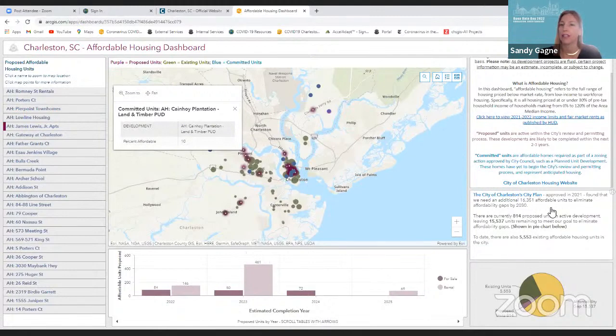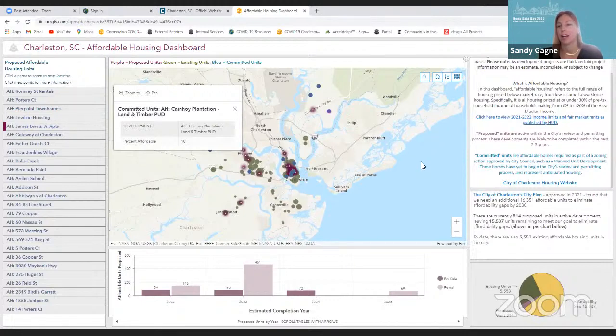We do have some totals here on statistics on how much housing we still need. And you can see we do have a gap that we need to fill. And this hopefully will be out there for people to see and to start getting ideas on what can we do to bring more affordable housing online and to see where we need it and where the gaps are. And so it's very exciting to us to have this out there so everyone knows where this housing is and